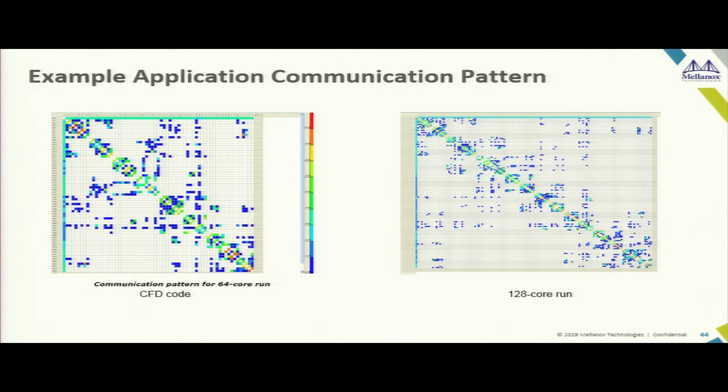It is a standard solver, and it shows which, it's a 64 node run, sorry. So it just says which node talks to which other node. So for example, if you take the first line, it says that server 1 talks to all the other servers, server 2 talks to server 1, then talks to server 3, 4, 5, 6, then it talks to some other servers, it doesn't talk to any other, then some more, and so on. Like that, you can see that everybody is not talking to everybody.